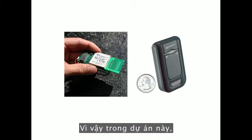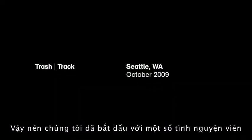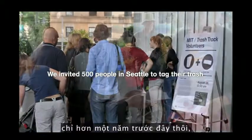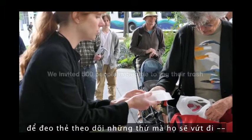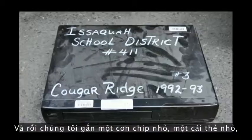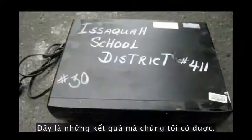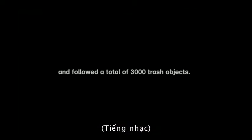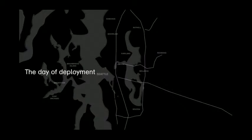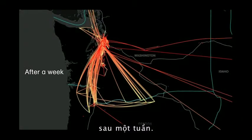So in this project, we developed some small tags to track trash as it moves through the system. We started with a number of volunteers who helped us in Seattle just over a year ago to tag what they were throwing away, different types of things, as you can see here, things they would throw away anyway. Then we put a little chip, a little tag onto the trash, and started following it. Here are the results we just obtained. From Seattle, after one week,